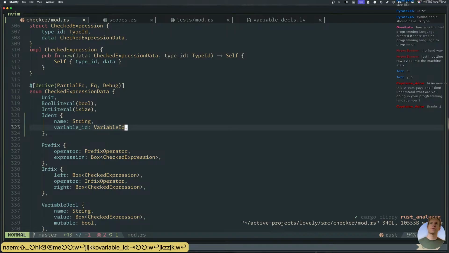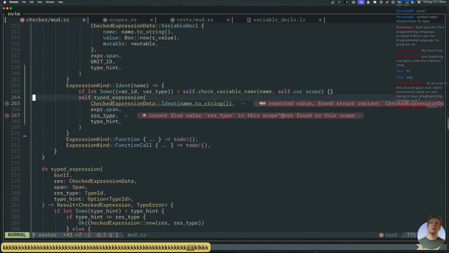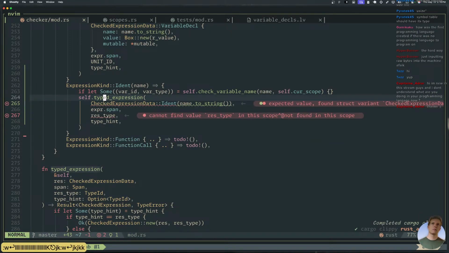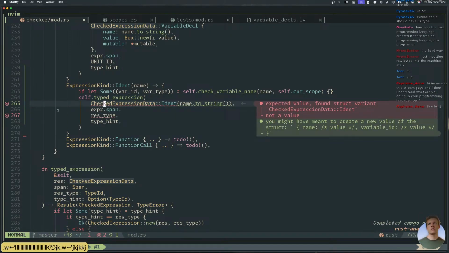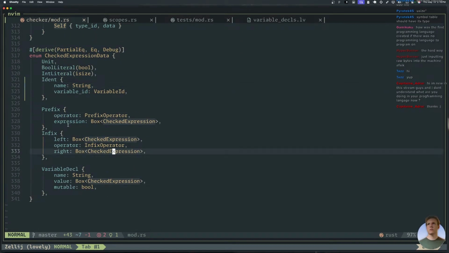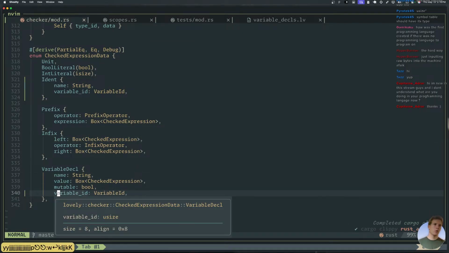Right? Cool. I wonder if variable decl should also hold on to a variable ID. Maybe. You never know when you might need it.